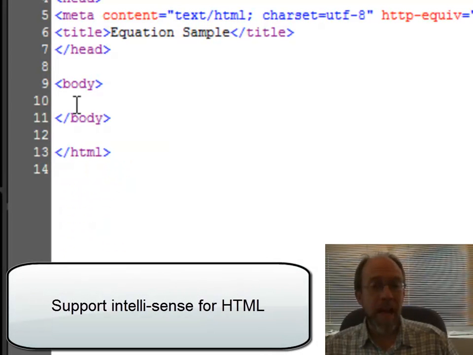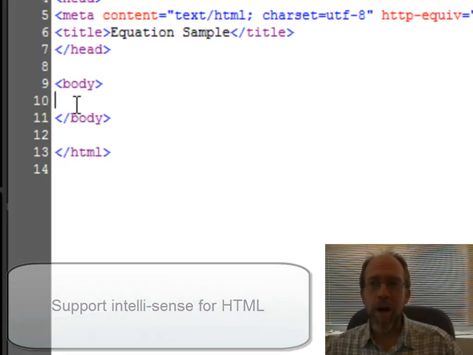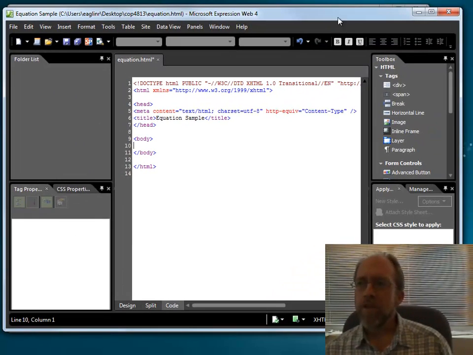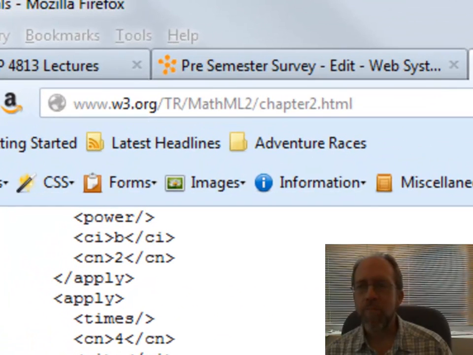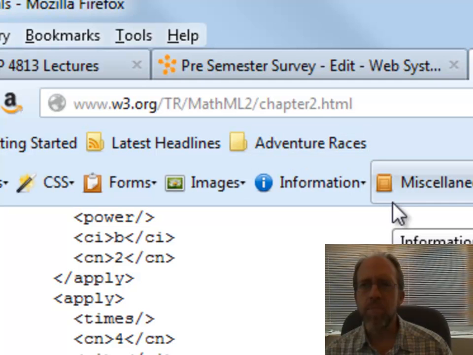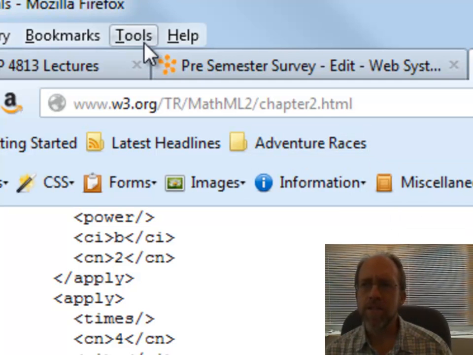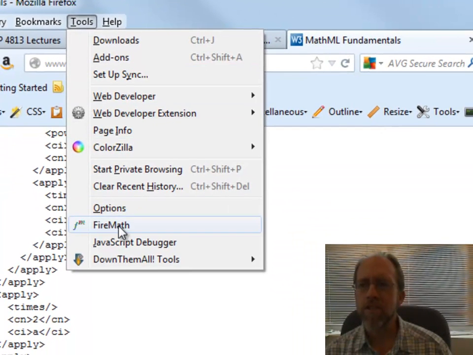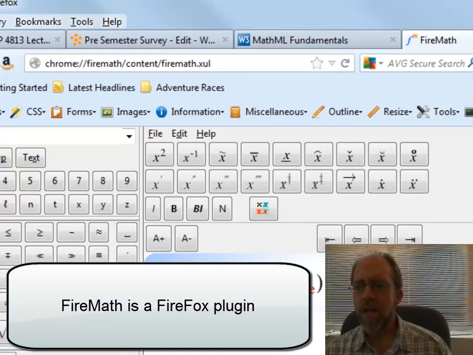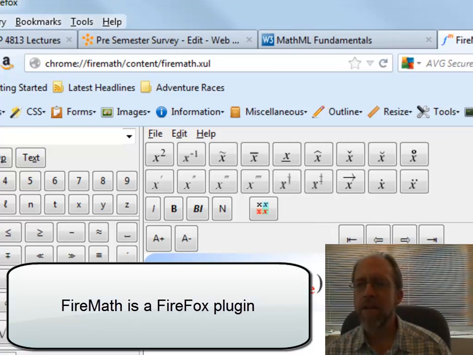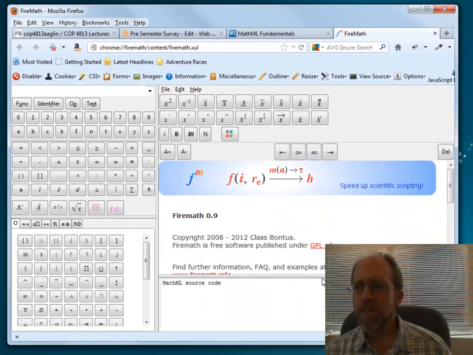Unfortunately, however, what I'm going to add and insert in this example isn't supported in Expression Web. So I'm going to move it out of the way. What I want to do here is create an equation I'm going to embed into a web page. So how do I do that? Well, again, in this case, having the right tools is important. Over here I'm in Firefox, and I have a tool that I'm going to use in Firefox called FireMath. The FireMath tool is a plug-in to Firefox, and what it allows me to do is to create